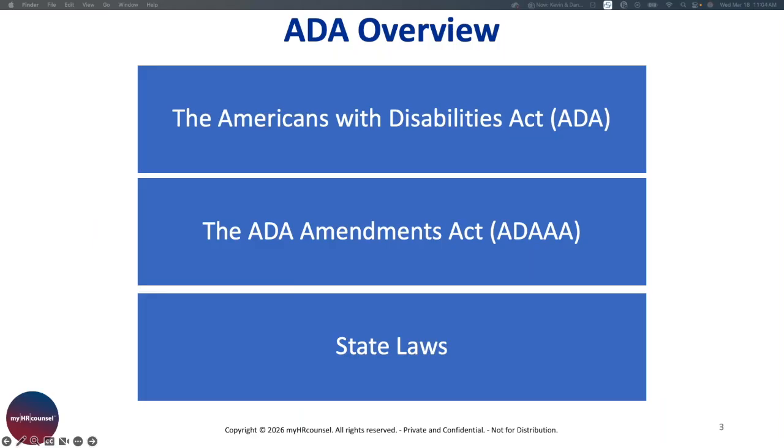Also, don't forget state laws. State laws also apply to disability, accommodation, and the interactive process as well. As one example, the Minnesota Human Rights Act, parts of which cover similar issues to the ADA, applies to employers with 1 or more employees. Again, the federal ADA is 15 or more employees, but depending on which state you're located in, there could be a much lower threshold to look at disability, accommodation, and interactive process issues under state law. So keep that in mind depending on where you're located.